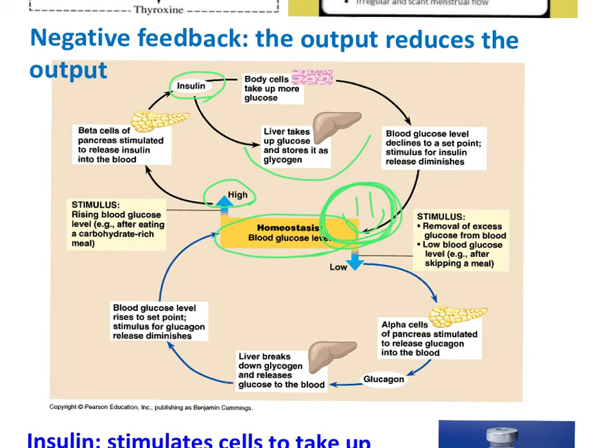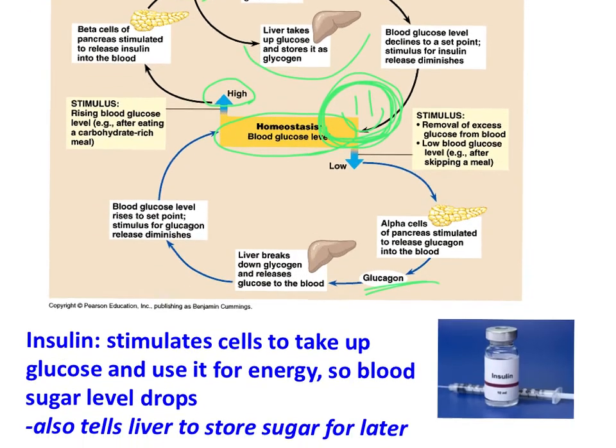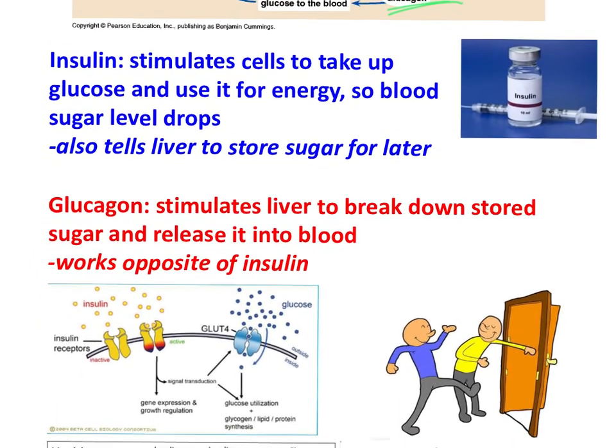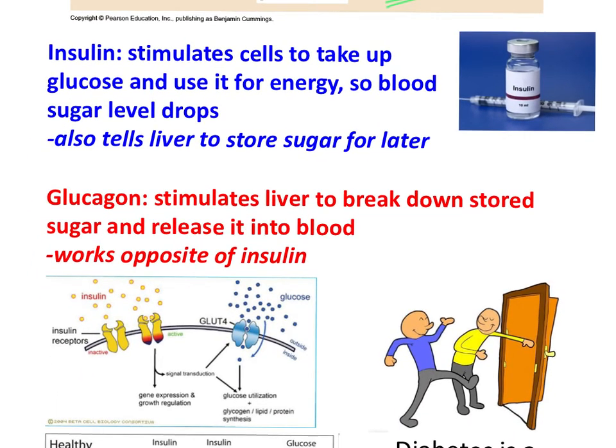If blood sugar levels are low due to a lack of eating, your body will dip into that storage using another hormone called glucagon. It will dip into that storage, pull the glucose out, and again return to the happy amount of glucose. So the way that insulin works is it allows the cell to take in glucose. That then causes blood sugar level to drop.